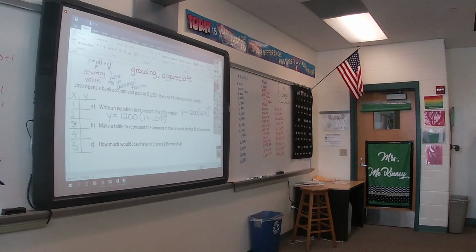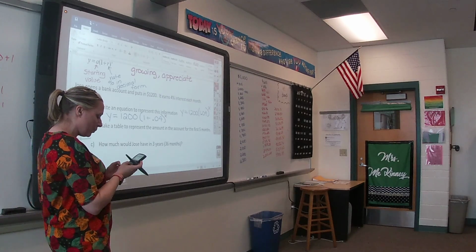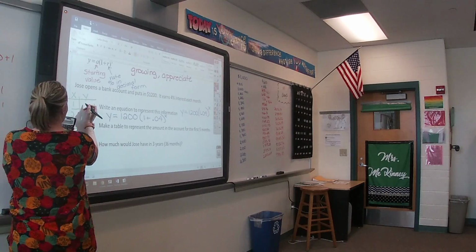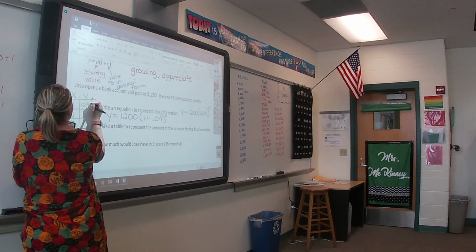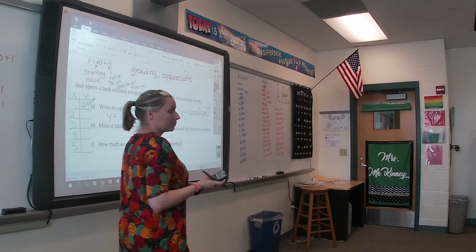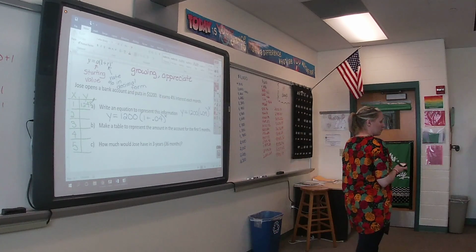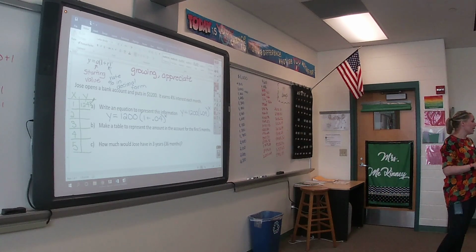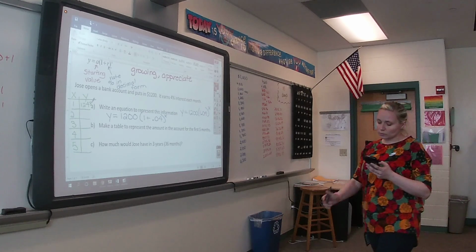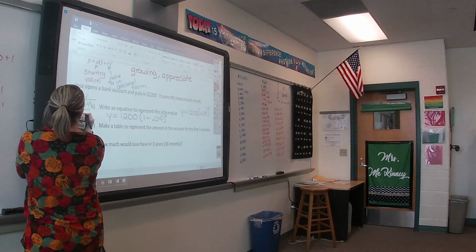So 1200, parenthesis 1.04, up caret 1. And what do we get out? 1248. Are we okay with that value? What are we going to do next? You're just all already doing it. What are we putting in next? 2, right? We're changing that 1 to a 2. Okay, so now I get out